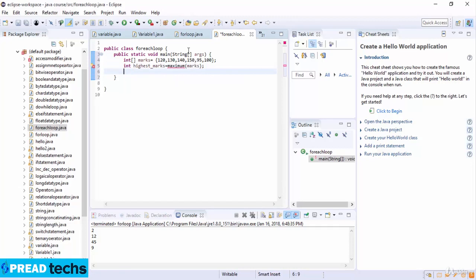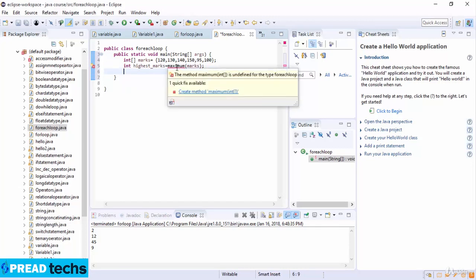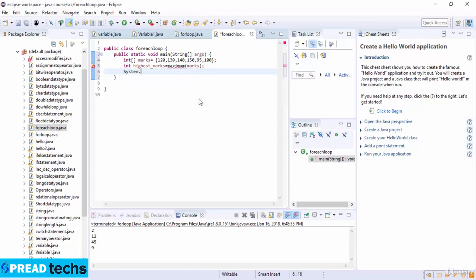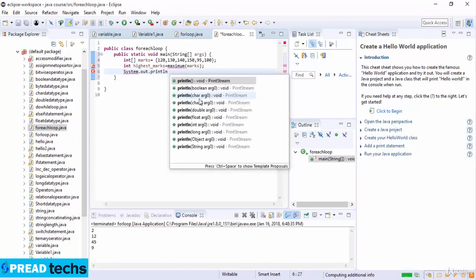Okay, so here it's a maximum. Now I write System.out.println, and the print line here is